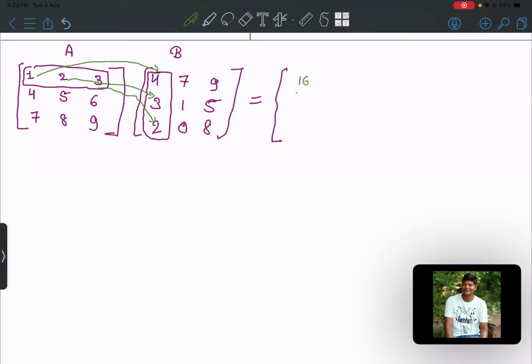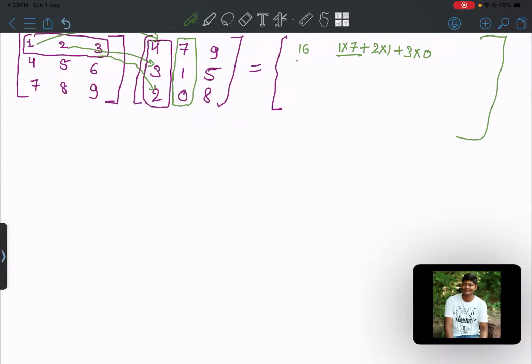Similarly, if I want to find this value here, I need to take this column. So first row, second column. It will be multiplied here: 1 multiplied by 7 plus 2 multiplied by 1 plus 3 multiplied by 0. So if you see clearly, if I want to find A multiplied by B,